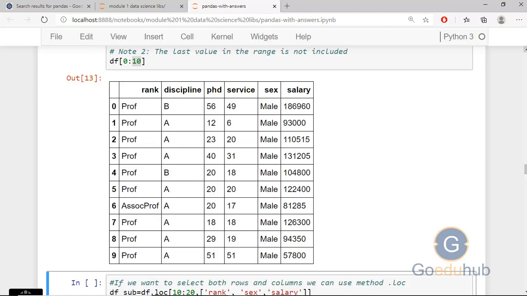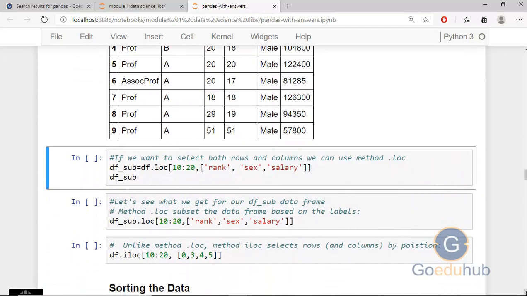If we want to access both, some rows and some columns, then we can use some inbuilt methods of the data frame. One of them is called loc. Using the loc method we can access particular rows and columns. So you can see here df.loc, and we just want to access the rows from 10th to 20th, and comma, then we can write the columns.